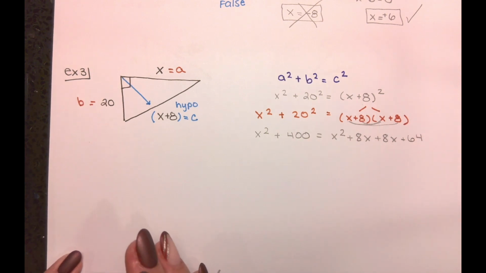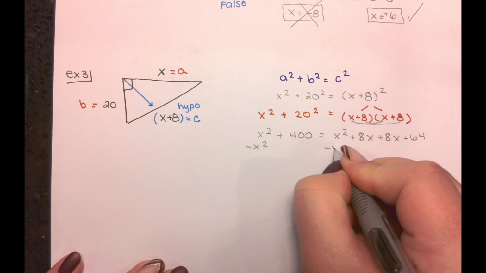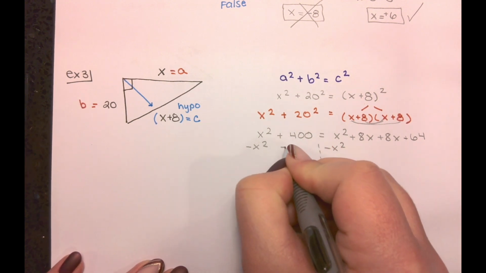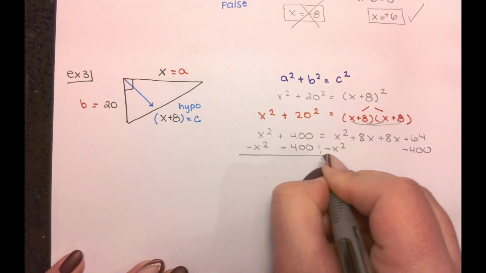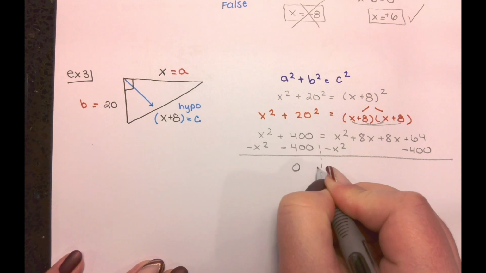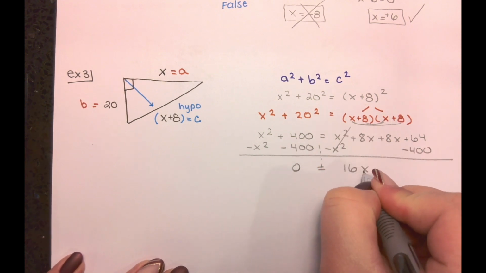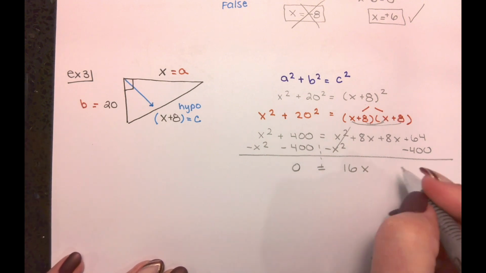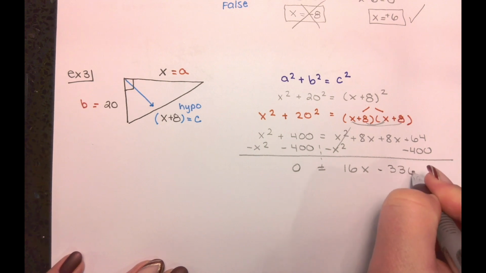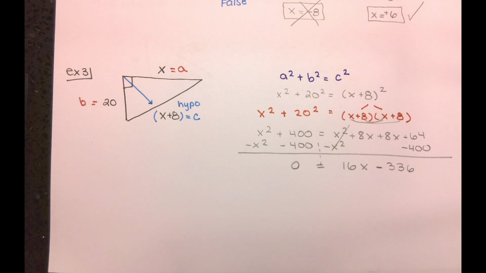I'm going to move everything over to one side. So I'm going to choose to move this x squared. I'm also going to choose to move this 400. So we have nothing here. 8 plus 8 is 16. 64 minus 400 is negative 336. Now again, you can choose to factor this, but since it's just a binomial,